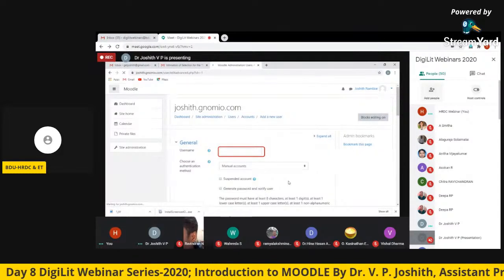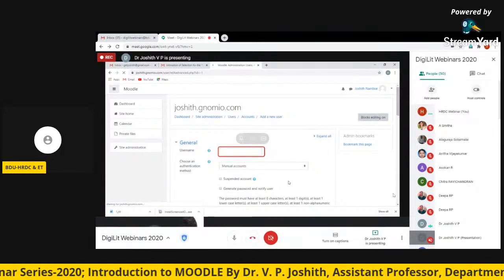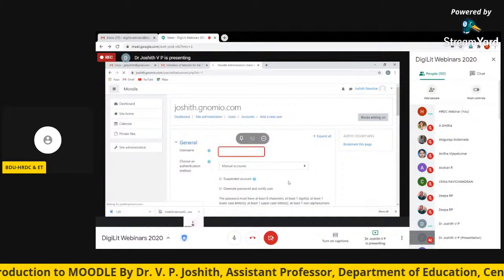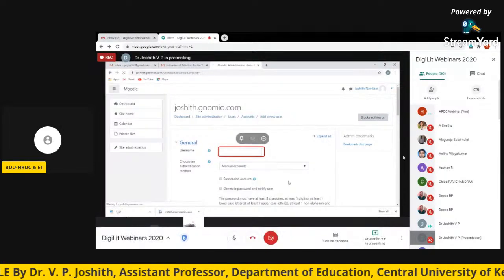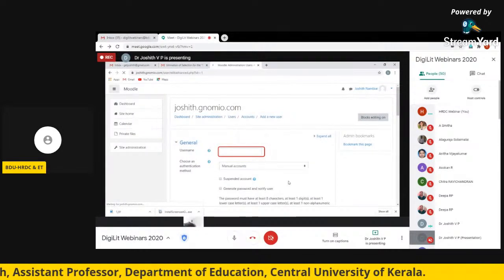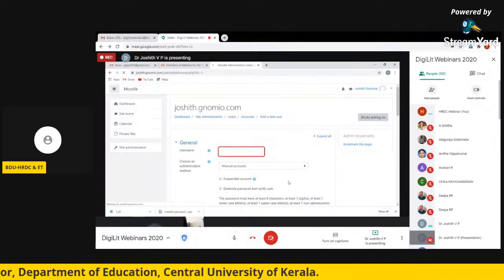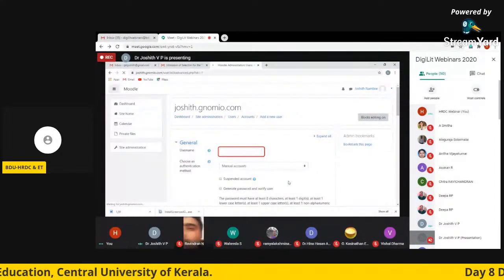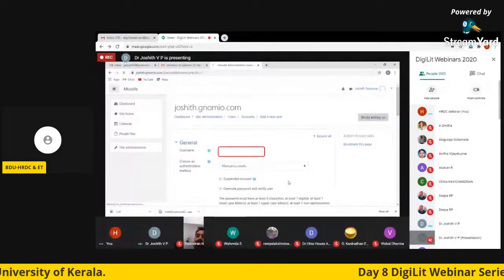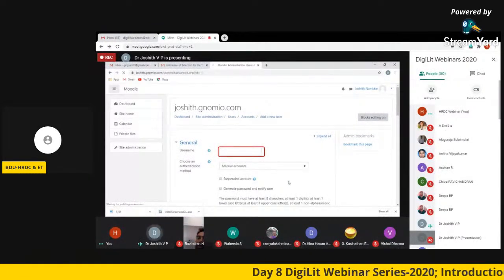For that, click on site administration, click on users, click on add a new user. Site administration, users, click on add a new user.